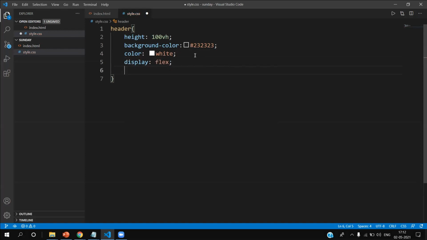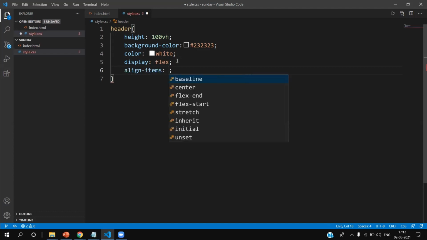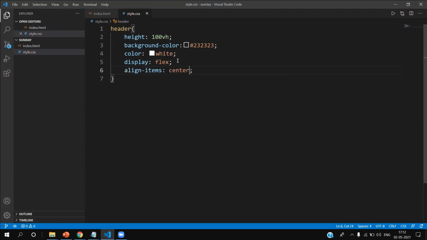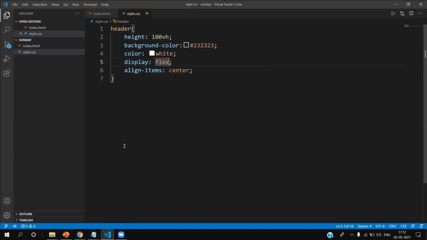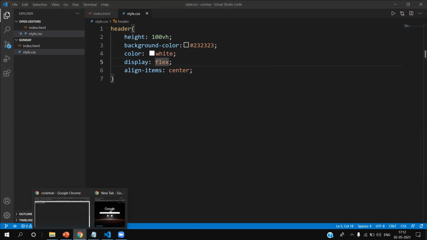And if you use display flex, now you have the ability to use justify content and align items. So I'll use align items and make it center, and let's see what's happening now. I'll tell you about flex when I use it the next time.